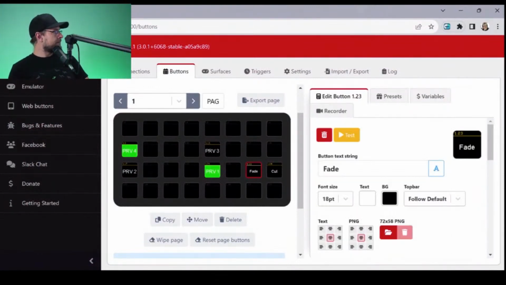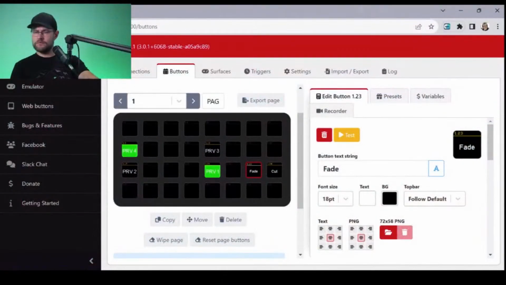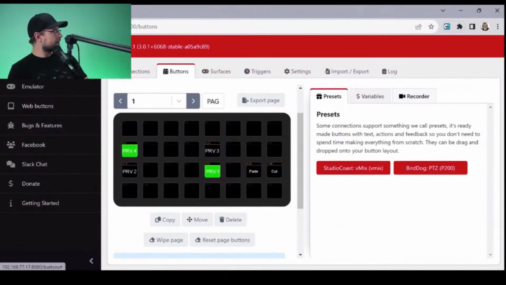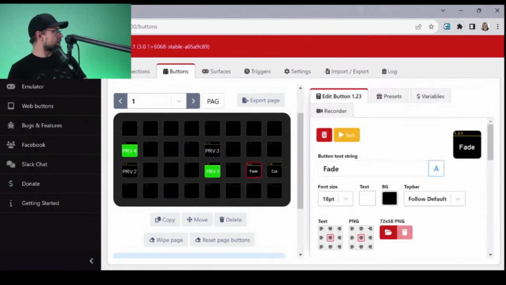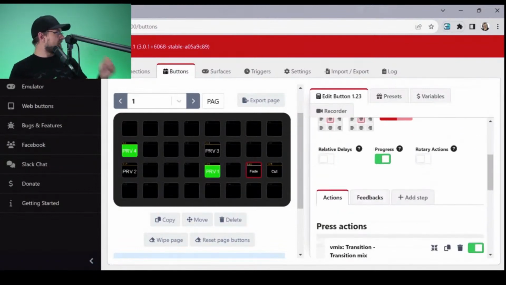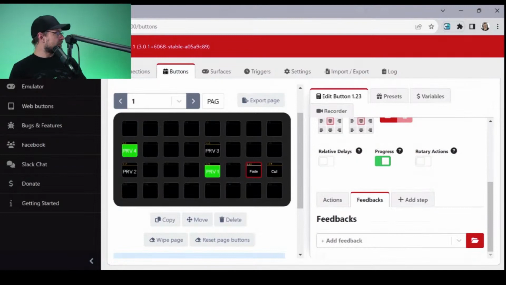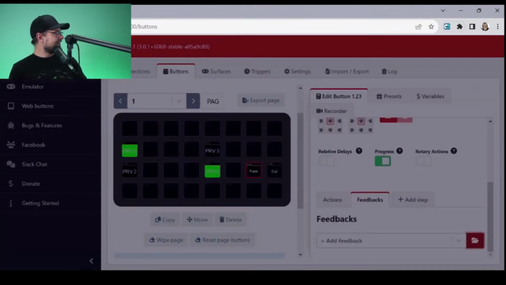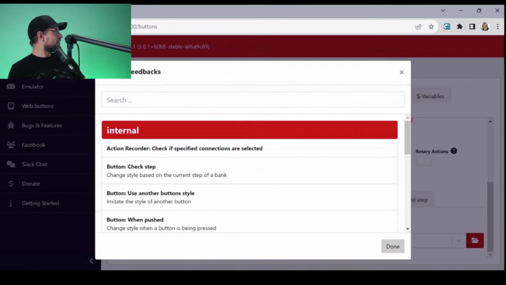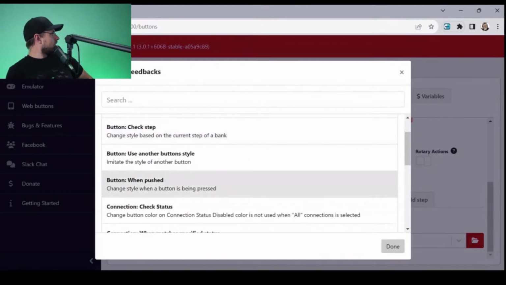But is there any way to provide feedback? And that's the question, right? That's what we want to try and figure out here, is getting feedback. It says add feedback. Internal button when pushed.